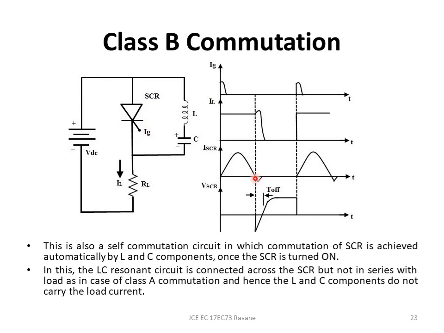So initially the capacitor, which has got reverse polarity now at this point, will try to discharge in the reverse direction through the SCR, and that will make the SCR turn off. As long as this reverse current is flowing, this capacitor, which is reverse biased, will come across the SCR, and the capacitor will be discharging till this current is flowing. So you can see the discharge here, because the capacitor is coming across the SCR. The VSCR, the voltage across the SCR, is the same as the capacitor voltage.